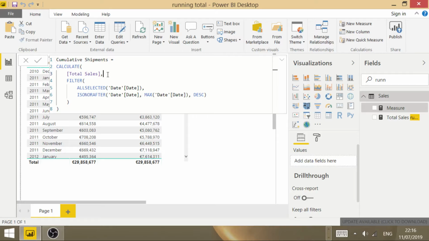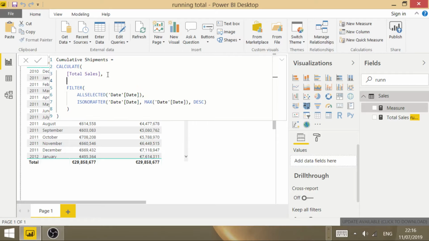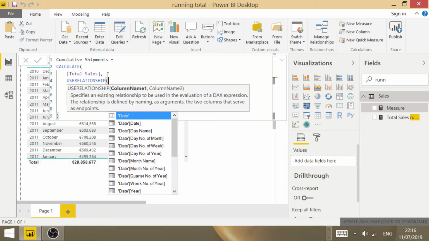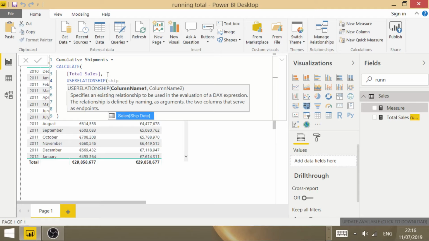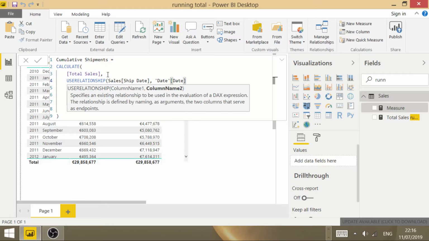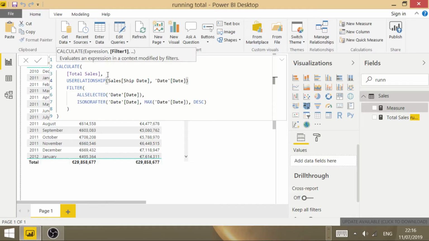So go to the end of that line and you do shift enter, and here we enter the use relationship function, and this is going to use the inactive relationship during the course of calculating only this particular formula. So it's use relationship. This will be the sales ship date with our normal date column in the date table, and we close the bracket and we do comma, and we enter that measure now,